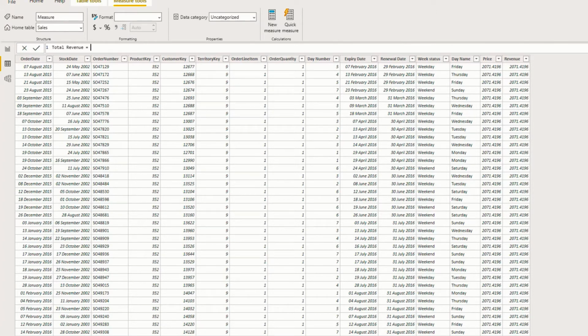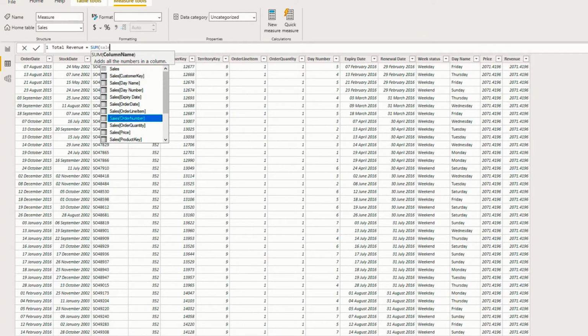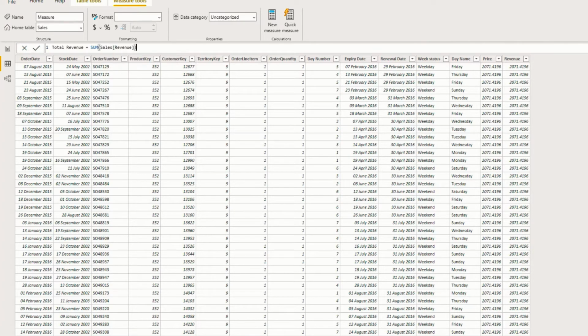For total revenue, I'll use the function SUM, which is a math function, and the only argument is the column name, which is revenue from the sales table. So I'll select that and hit enter.